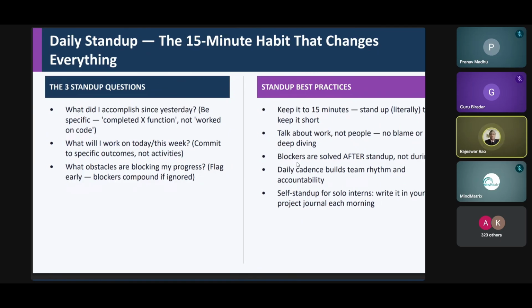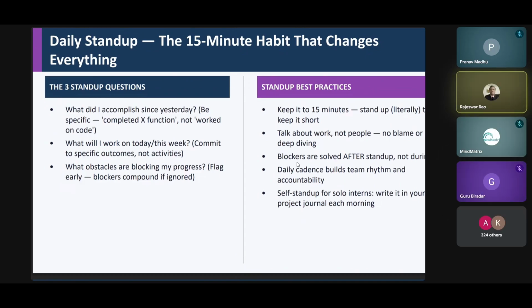What worked? What did not work? What are the various challenges I faced during the course of yesterday? What did I learn? So that today I'm going to be absolutely on target in terms of what I have planned, what I want to deliver, what I want to accomplish. Very important question, so that